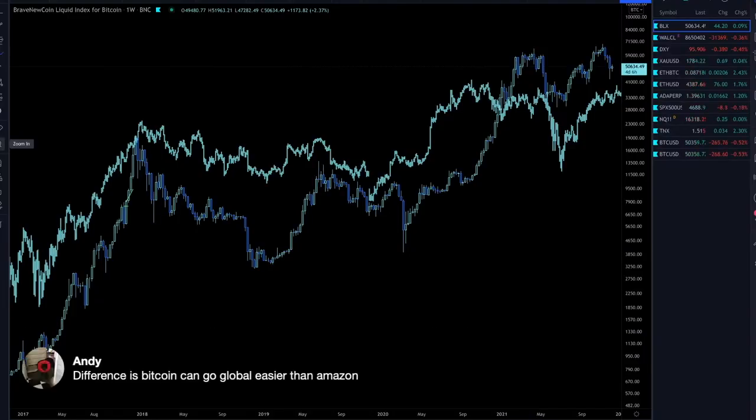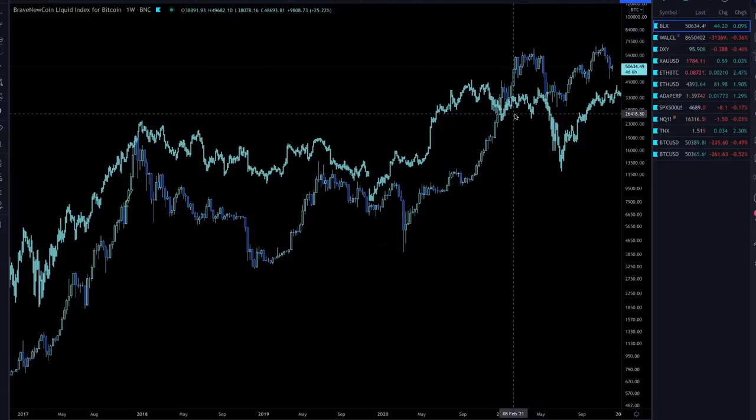Bitcoin could go global faster than Amazon. We're looking at different fractals of time. By the way, Bitcoin trades 24 hours a day, 7 days a week. Amazon is limited to the public market hours. It doesn't trade over the weekends. So I'm not trying time wise, because by the way, if you just zoom out over here,